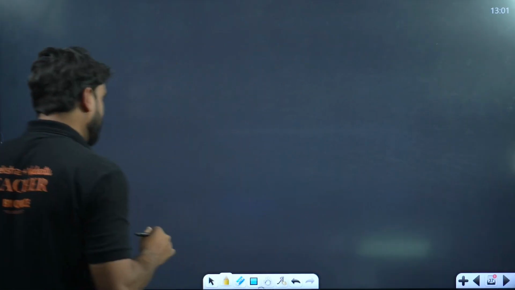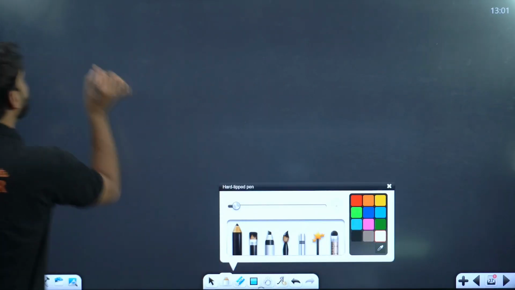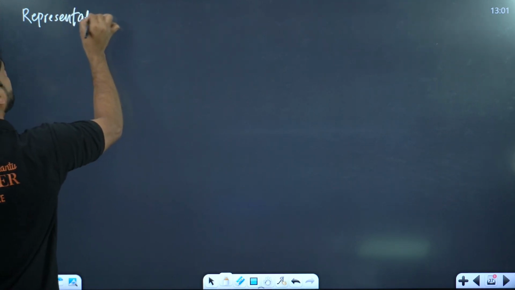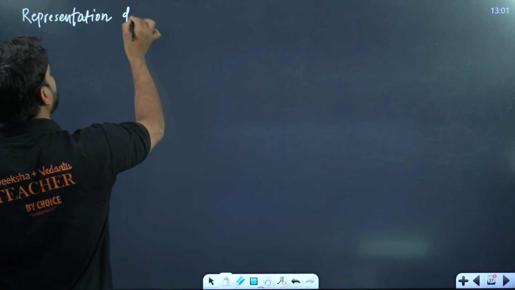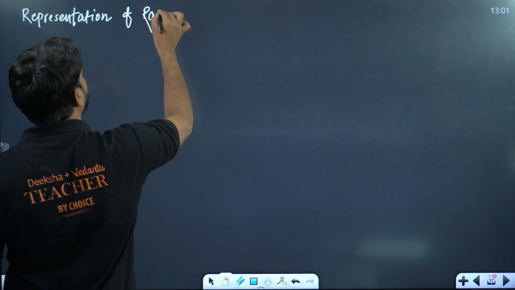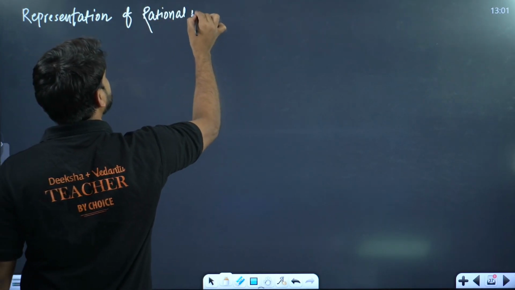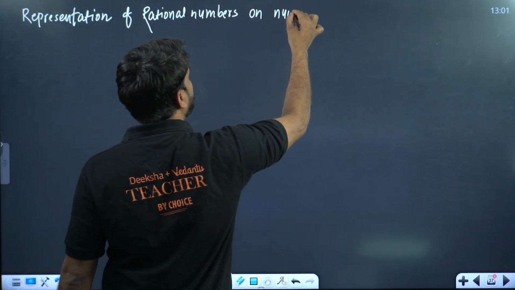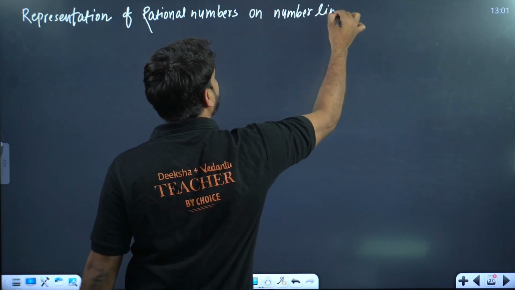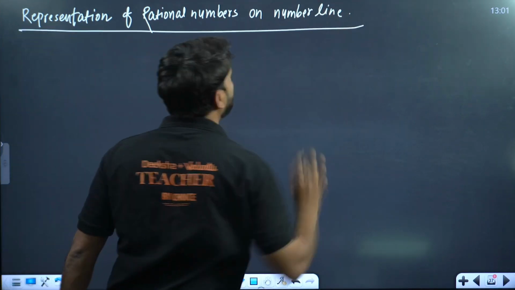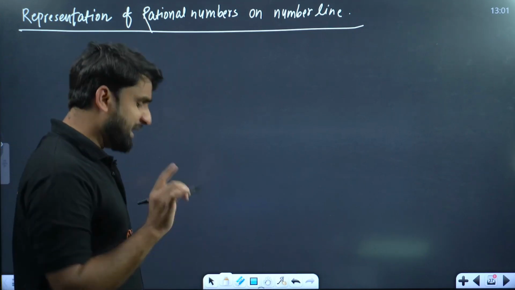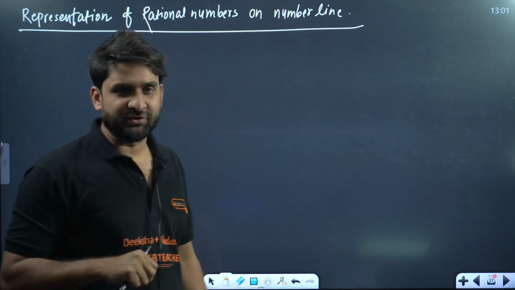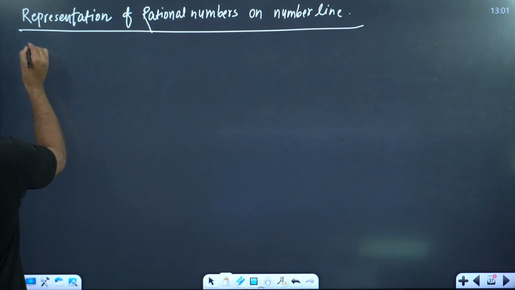Let me give you a very magical method. So the topic is representation of rational numbers on the number line. Very interesting topic. Representation of rational numbers on the number line. My dear champions, there are two situations of rational numbers. The first case will be